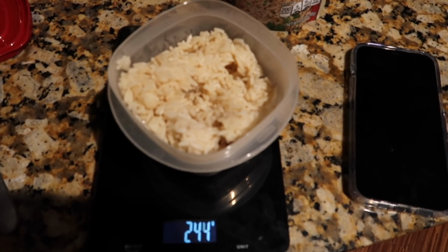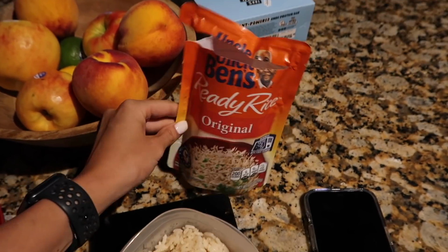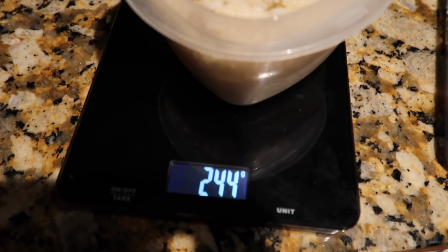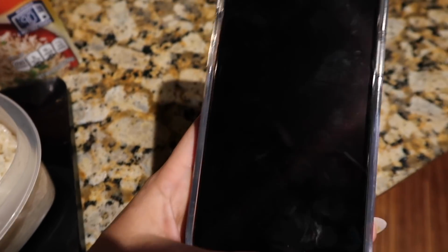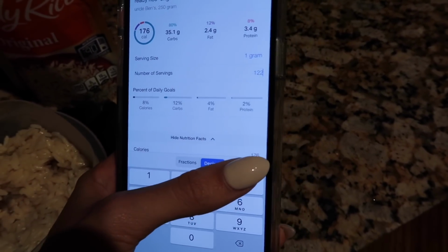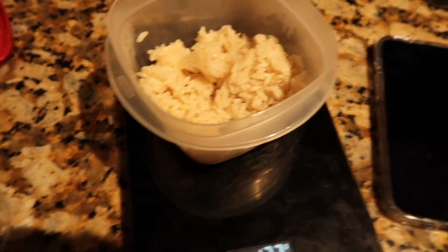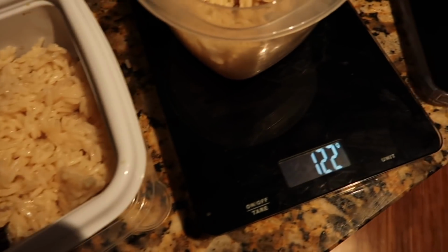So we're doing a very quick lunch because I'm very hungry. So I just heated up the Uncle Ben's ready rice. What I do is I do 2 servings of this. So I will put it into 1 container, and it comes out to 245, and then I divide that by 2, and that's 122. Then I go into MyFitnessPal and I will just do 122 grams, and that's what I plug it in as. And then I know tomorrow when I have it, it's just also gonna be 122. So I just took half of it out. I put it with my tofu and my Brussels sprouts that I had meal prepped, and it's at 122, so